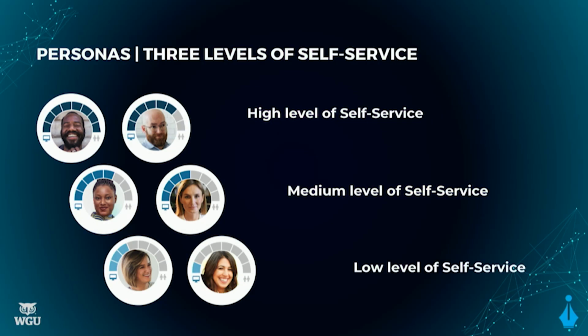We have identified 3 different types of personas that we know will enable us to design better solutions. Again, AI for the sake of AI is not going to give us anything if we don't provide the right experience. We believe heartily the self-service model is the right experience. And we're focusing on 3 different types of personas. The first one is the high level of self-service, individuals that are so ready, they're online native, they are technology natives, they can do everything with their eyes closed. Kind of my kids. Maybe myself, but I'll put myself in the medium level of self-service and low levels of